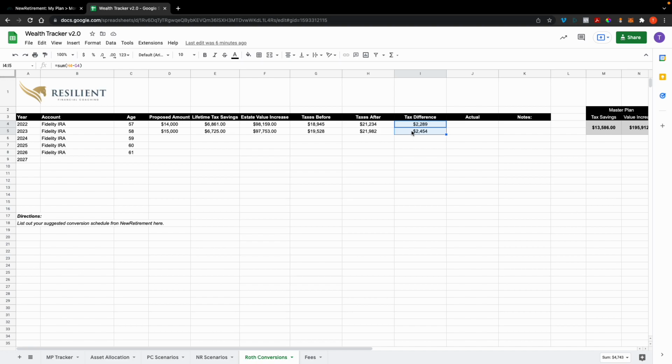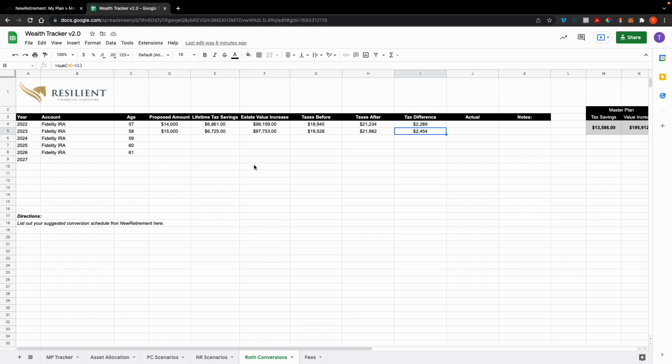It could make sense to pay for the conversion out of the conversion itself if, in fact, your time horizon before you would tap into that Roth value is pretty significant in time, like 20 years. Okay. It could actually make sense then. Or maybe even like 30 years. But if you're tapping into this account within 10 years, it's most of the time not going to make sense to do the conversion. It's just probably going to make more sense to not do the conversion. But it's based off of what your living expenses are. It's based off of income. It's based off of your financial goals.